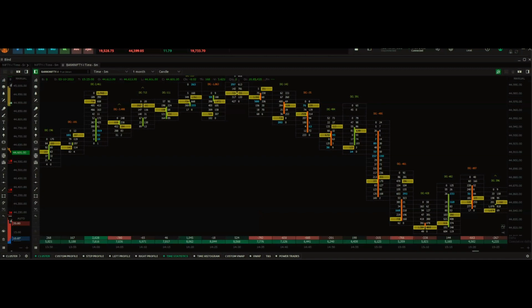Explain delta divergence. Delta divergence is not something I personally use, so I cannot explain that. Anyone else? Any other queries? In live market, will a market data loading issue come? No, it will not.